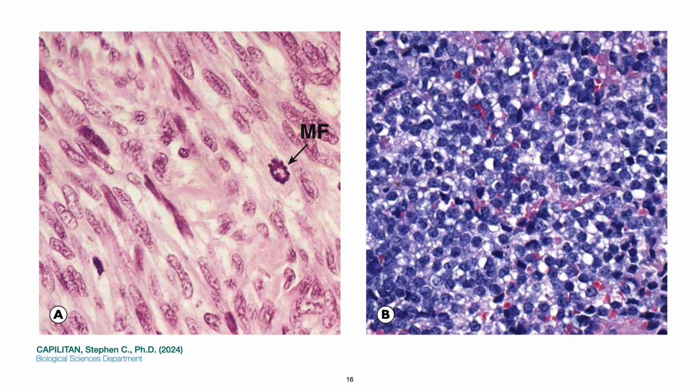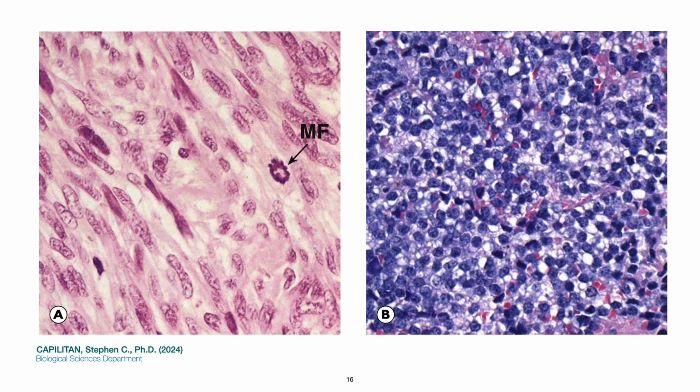Sarcoma: in letter A, that's a leiomyosarcoma in high power, and letter B is a Ewing sarcoma in high power. Sarcomas are malignant tumors derived from connective tissues, including adipose tissue, bone, cartilage, and smooth muscle. Many sarcomas resemble the tissue of origin either cytologically, structurally, or by producing characteristic ECM materials such as collagen